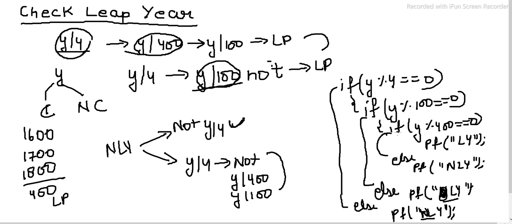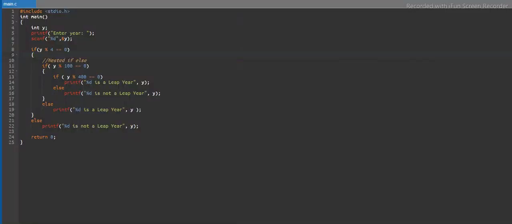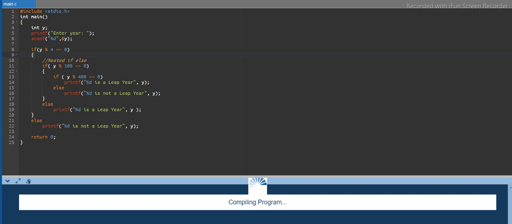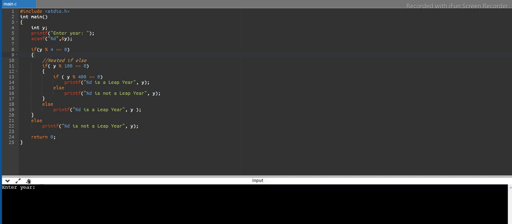So this is the basic concept that we have to apply in our code. So let's begin with the coding part. I am going to show it to you. That was the code of the program. We have taken the input from the user, and we have used the nested if else that I have already made you understand, how it works and how we are going to implement it. Let's run it so that you get a better understanding of it.